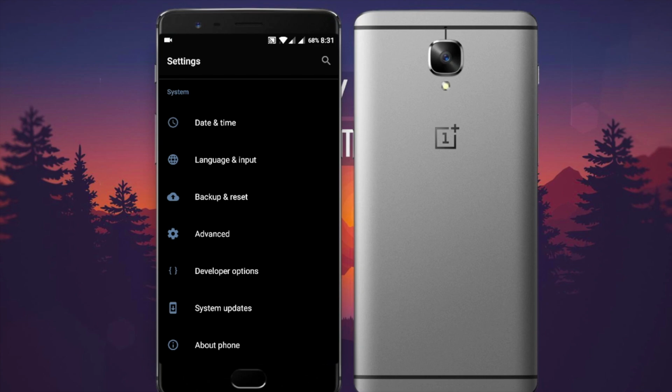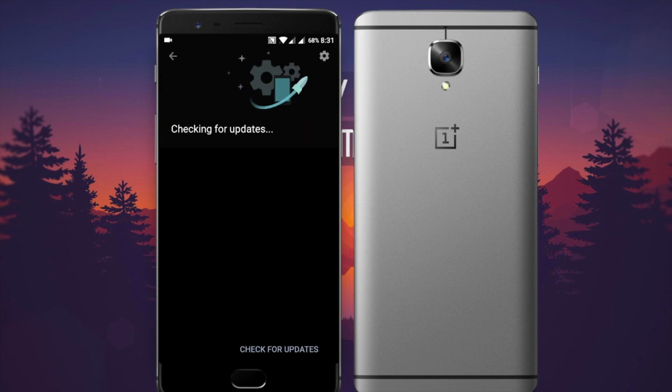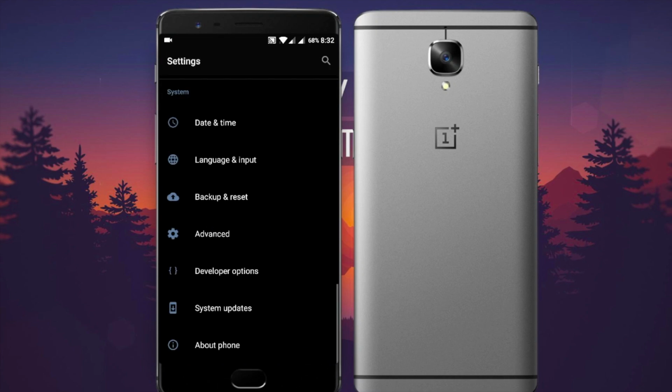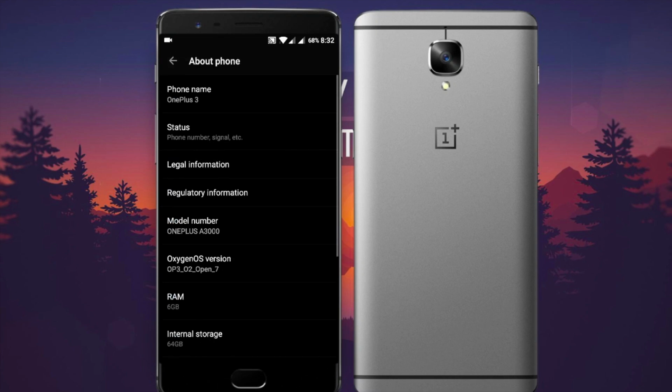So we'll go ahead and system updates, check for updates. This is the build that I'm on right now. 16.11.16. Changelog update, nothing there yet. So yeah, so far it's been performing like a boss. We'll go ahead and show you what we have